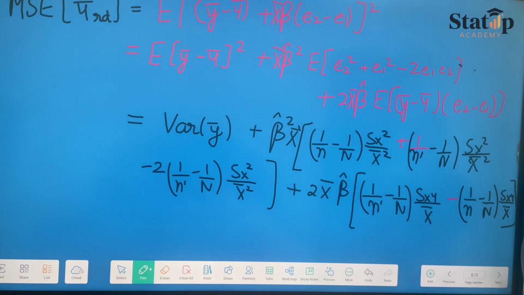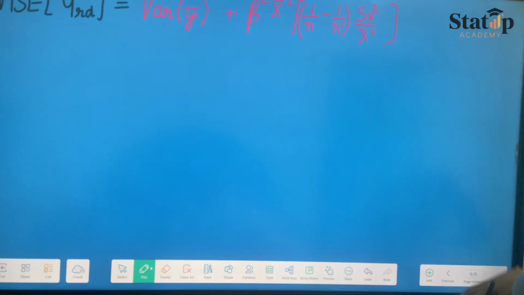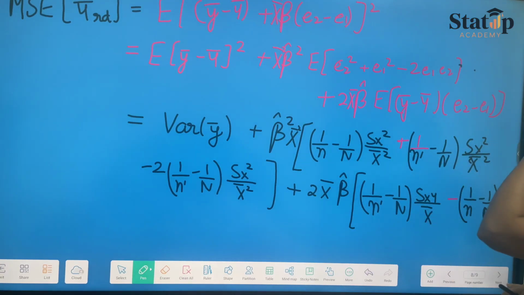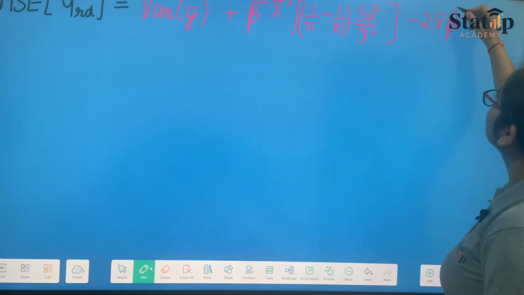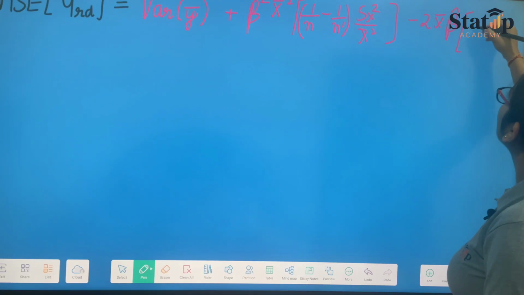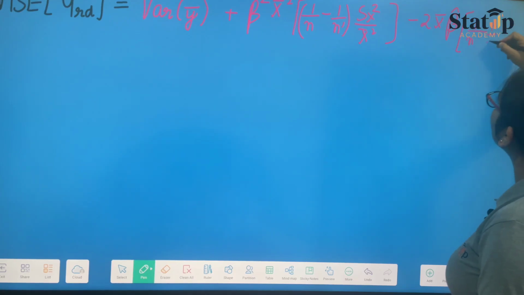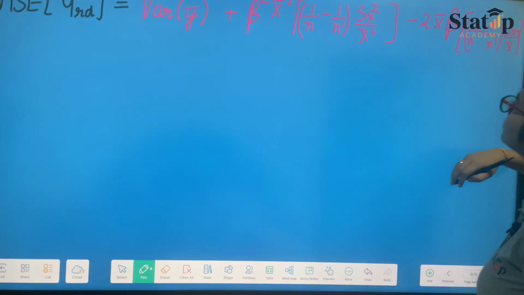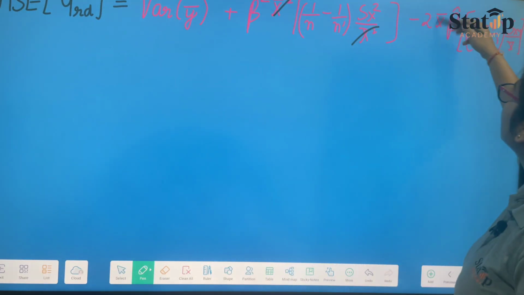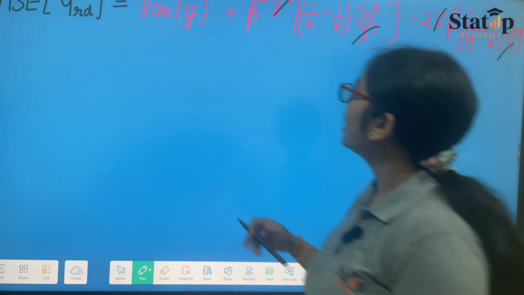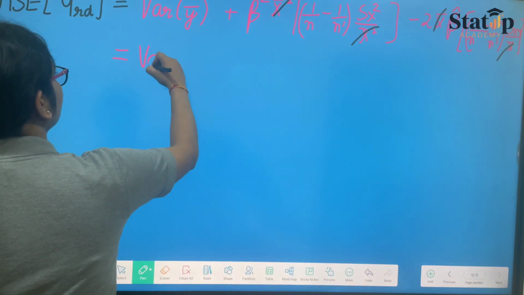And this one we'll get n prime minus n. But here it is n minus n prime, so we'll take the minus sign common and we are left with minus 2 x bar beta cap, 1 upon n minus 1 upon n prime into sxy upon x bar. Now here beta cap x bar square and x bar square and x bar and x bar get cancelled and we are left with variance of y bar